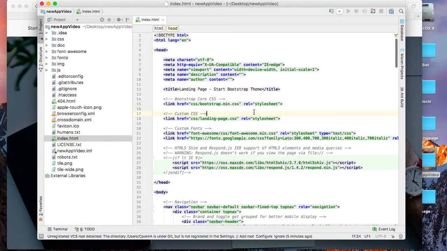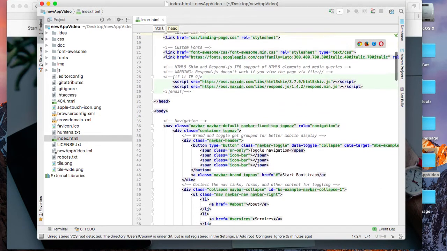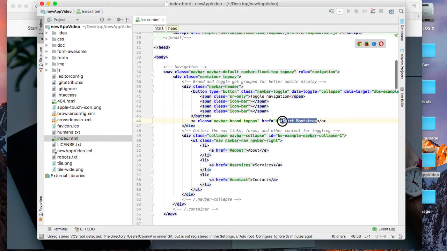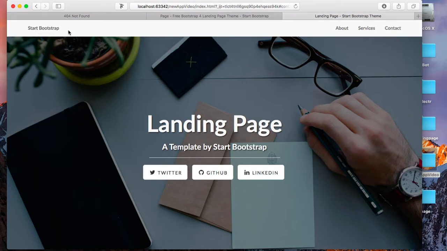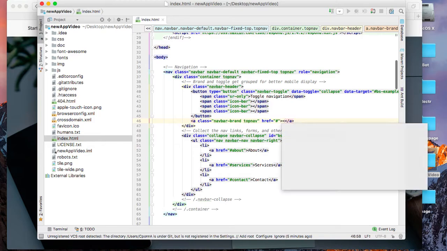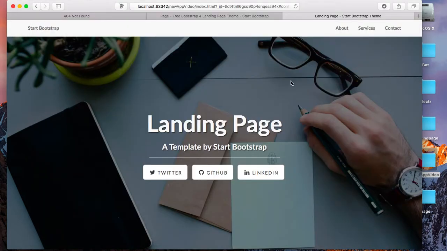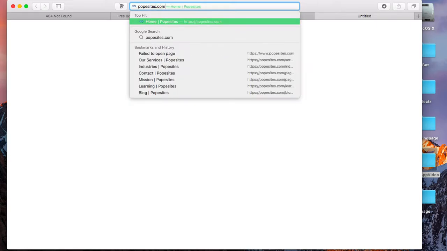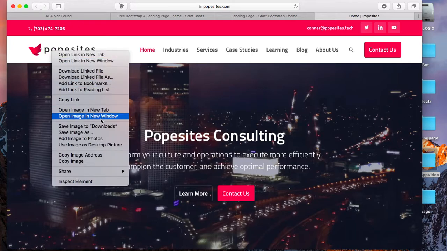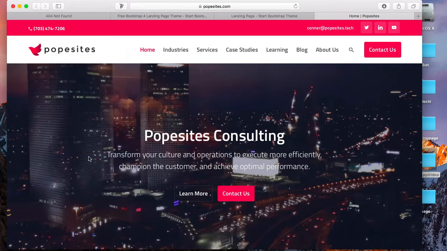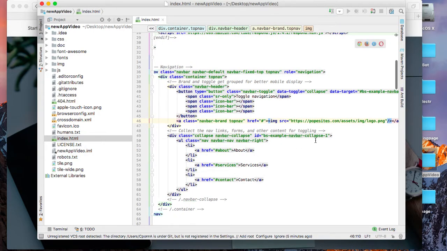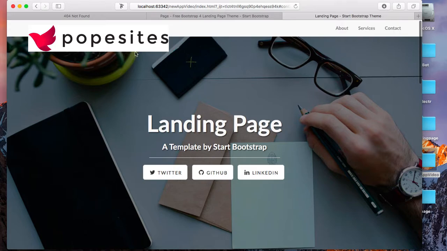And if we scroll down a little bit, we will see this Start Bootstrap here. And we don't want it to be called Start Bootstrap. Ideally, you would put your logo here, and the way to do that is you do image src equals to, and we're going to take the popesites.com image that I currently have because I like it, it's cool, I like my brand, and we're just going to copy the image address and paste it in there and close out that image tag. And you can see it's a little too big,